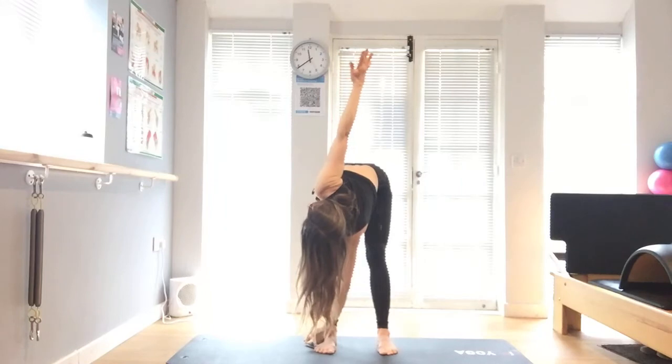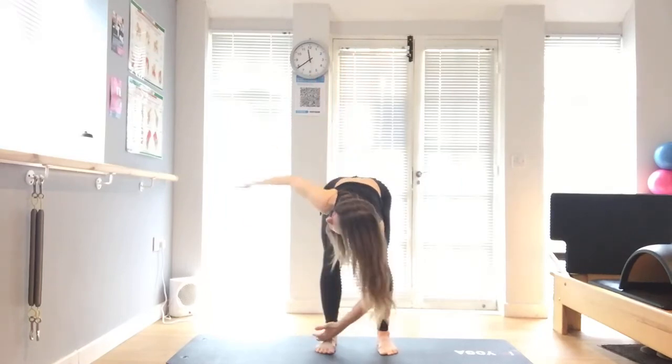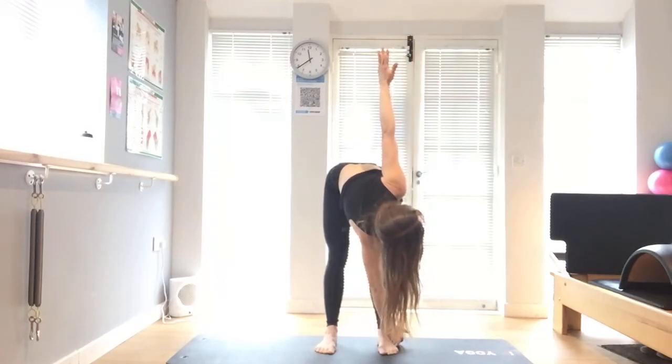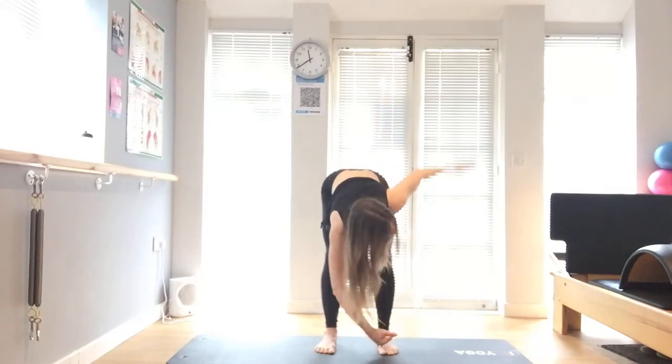Twist to the right, straightening those legs, providing resistance with the hand. Back into prayer. Last one to the left, twist, reach the left hand up to the ceiling, push the right hand into the outer ankle, back into your center squat, and then push yourself up straight and tall, pushing the